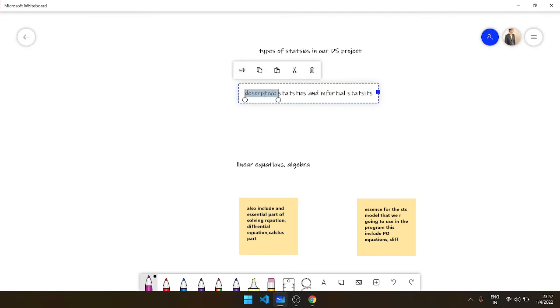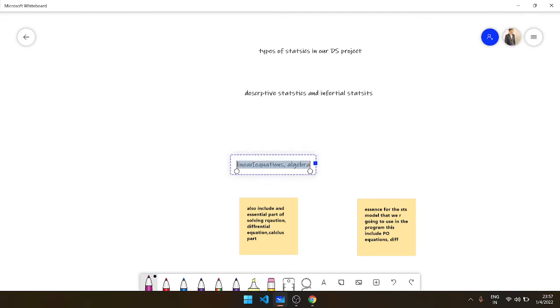Descriptive statistics involves the calculations of algebra and linear equations that you may have studied in your earlier classes, and I suppose everyone is aware of it. Linear equations and algebra are a combination of differential equations, linear equations in one variable, two variables, etc., just solving x and y problems. And algebra is solving the user's problem based upon the real-time condition.